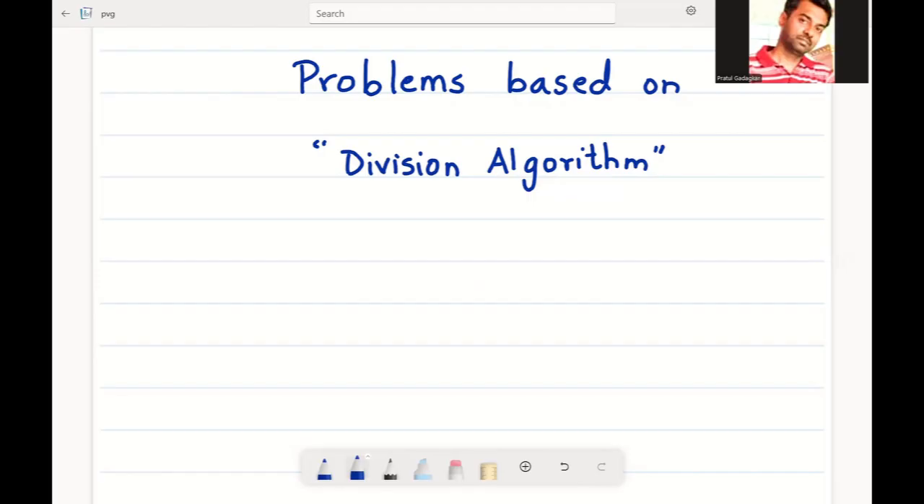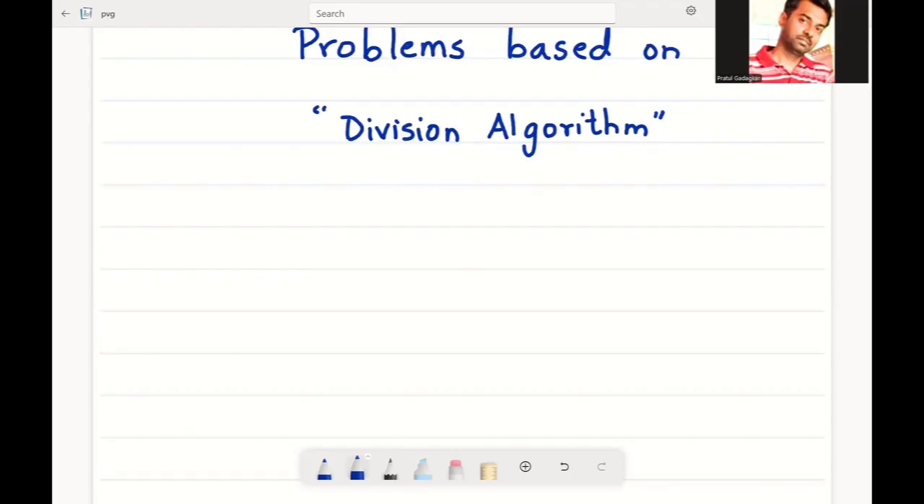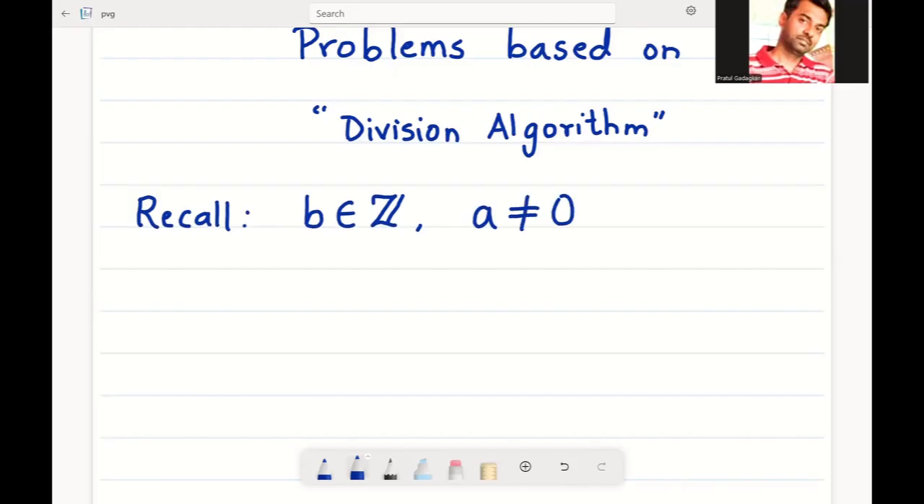In this video, we are going to discuss some problems based on division algorithm. So before we start with the problems on division algorithm, let us recall what is the division algorithm. If I'm given b to be an integer and a is a non-zero integer, let's take a positive. Then, if I divide b by a,